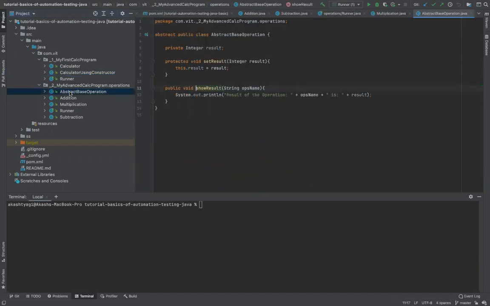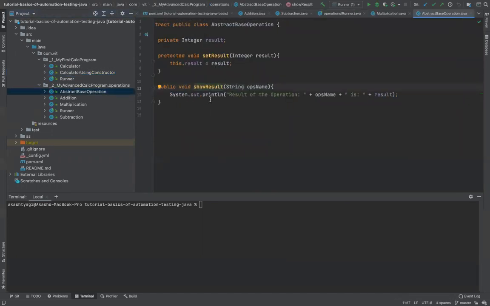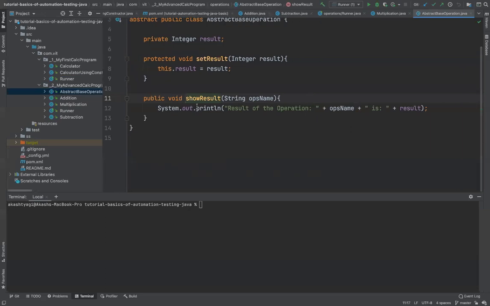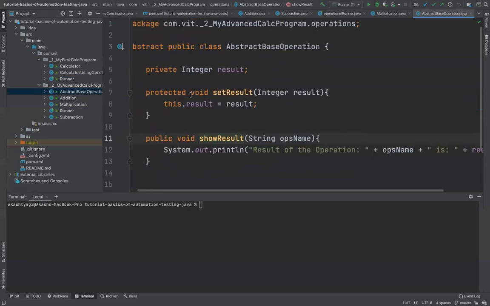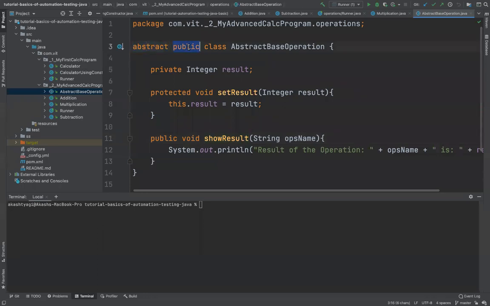The first thing I've done is create a class called an abstract class. If you notice, I have a keyword called abstract in front of the class. It's no big deal. It's a plain class file. There's not much difference between an abstract class and a normal class. Of course, there is a difference which we're going to talk about later. But for now, keep it simple. The understanding is that it's a class. I have marked this as abstract, which as of now is not needed because I don't have any abstract-class-related stuff here, but later we're going to enhance it further.